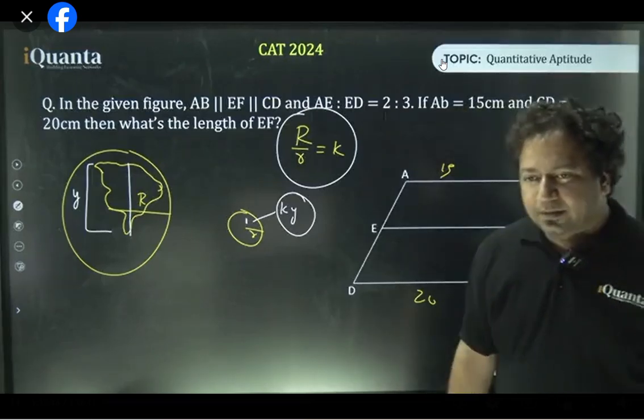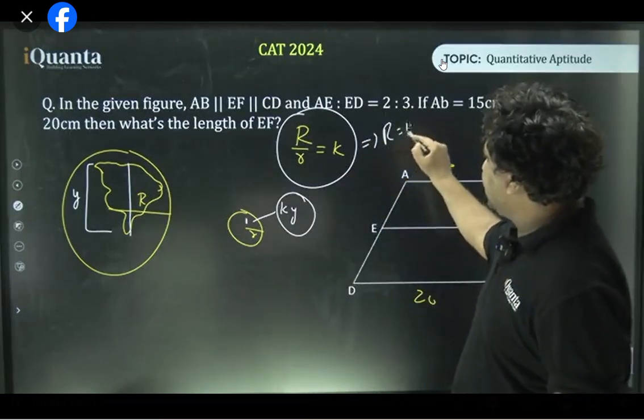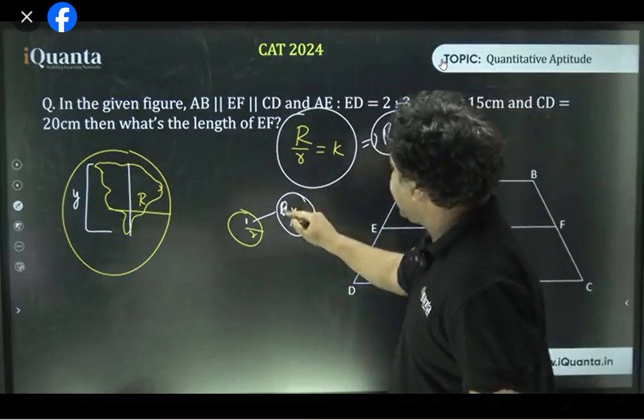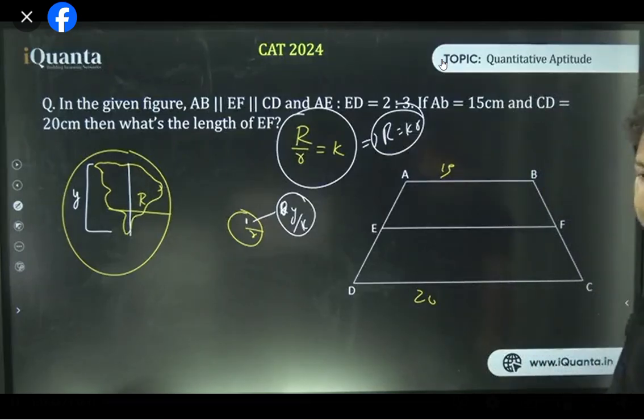Okay. It will be y by k, not y times k. Think again. K is the multiplier. See, capital R is k times small r. So this y, oh sorry, it will be y by k. Yes, okay. I'm so sorry. Okay. Understood? It will be y by k.